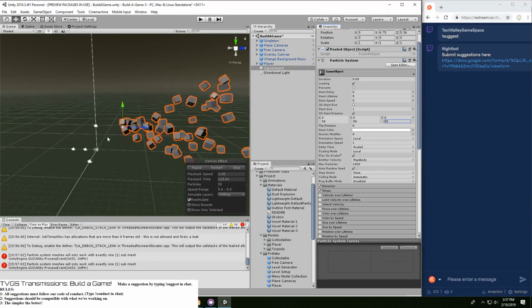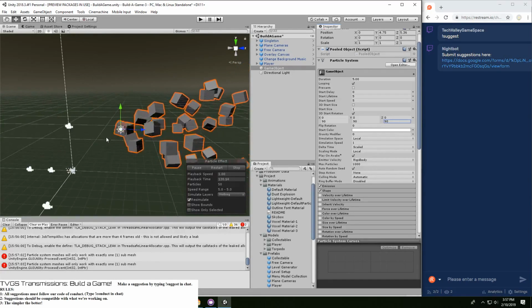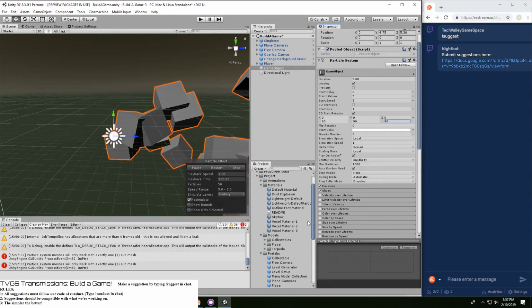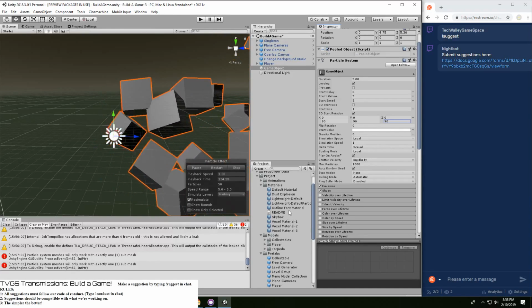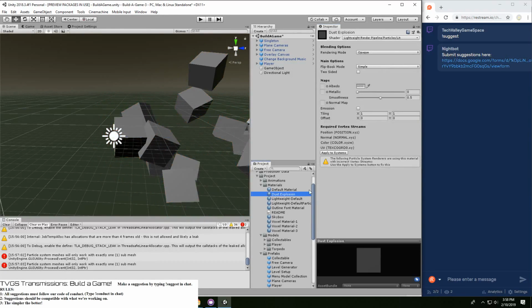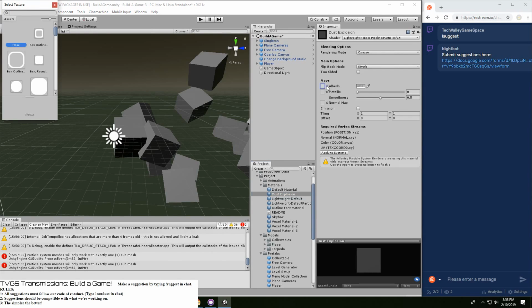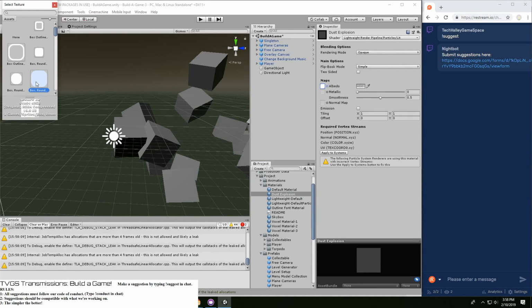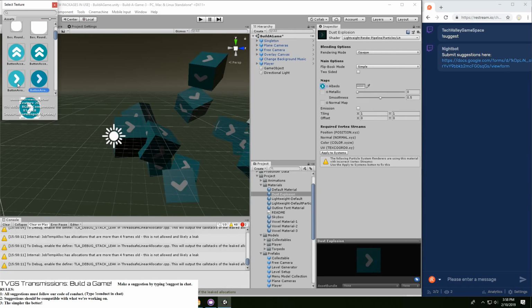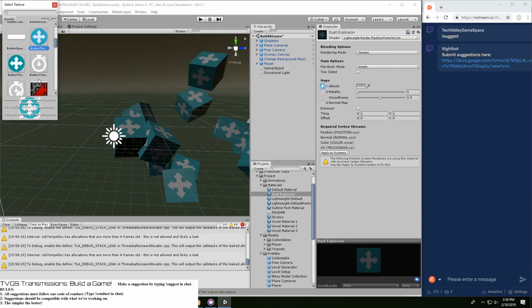See, we got something that kind of looks like dust, and we can change this explosion to have, I don't know, different textures. Oh, okay, so we can add these textures if we wanted to.